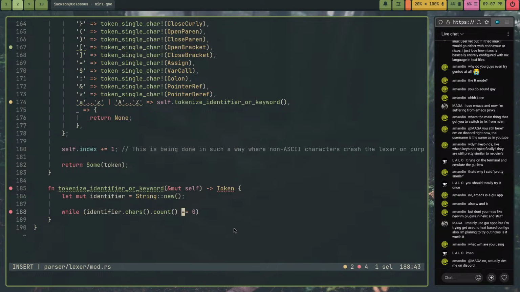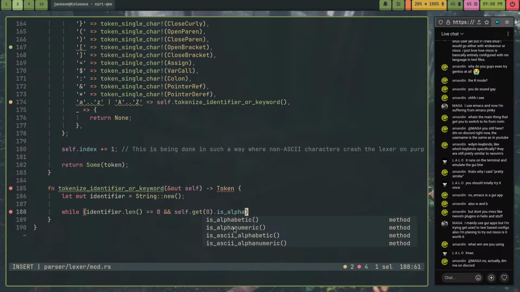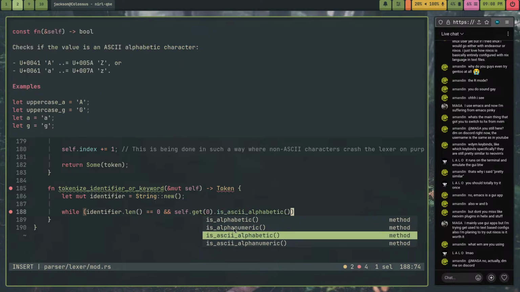Or actually, I could use identifier len, which is faster, and it works with 0 since I don't need exact character counts. If identifier.len is 0 and self.get 0 is ASCII alphabetic,